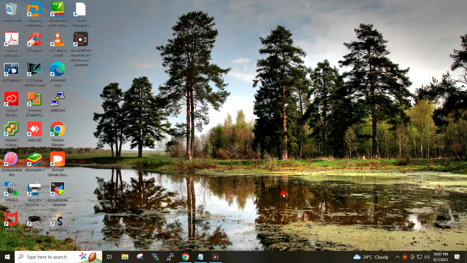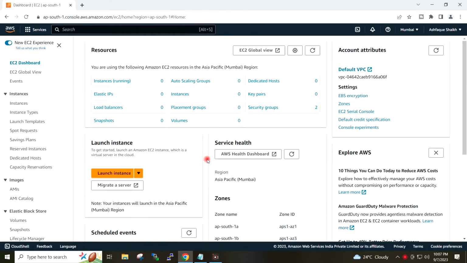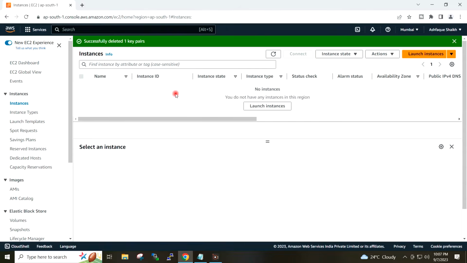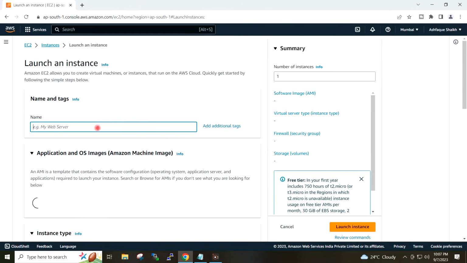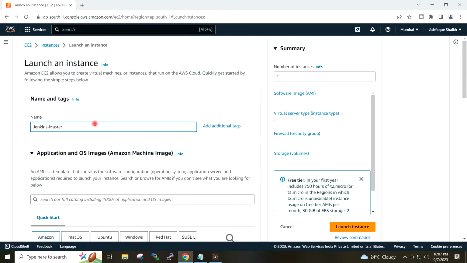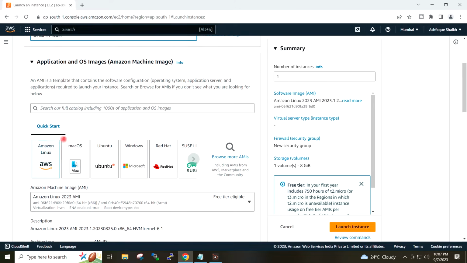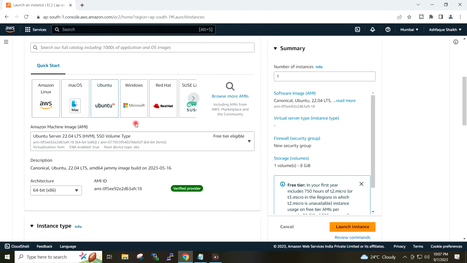First thing is we need to create the Jenkins master virtual machine. On the AWS console, I will go to instances, launch instance. I will give the name Jenkins master. I will select OS as Ubuntu, and the AMI which is free tier eligible.